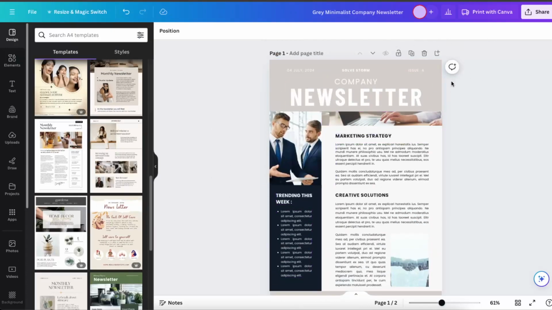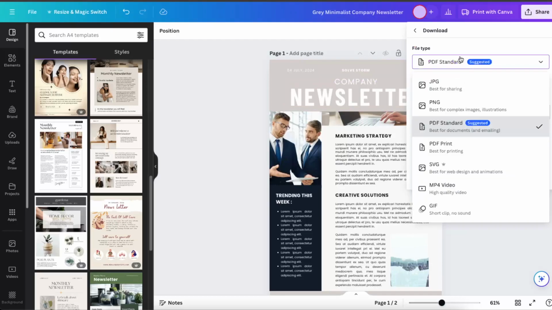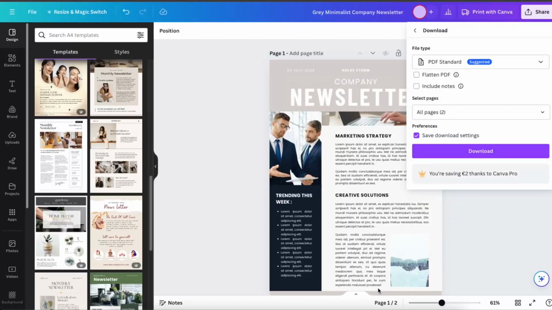So after you will edit everything, what you want to do is click on share, click download, suggested as PDF standard because this is best for documents and emailing. So a person could click a link which you have added, for example, and then you choose a page which you want to download and click download, or you can also